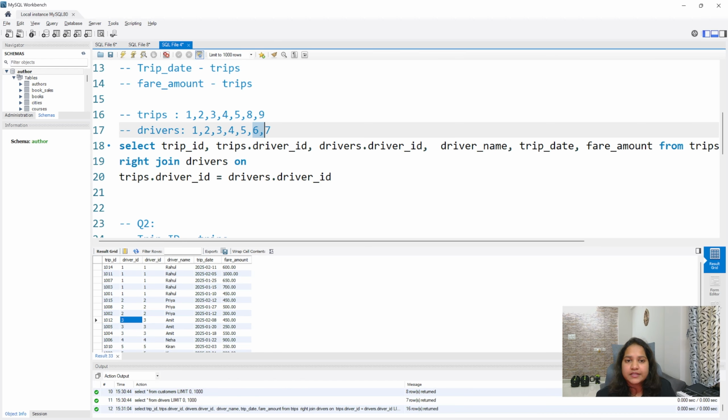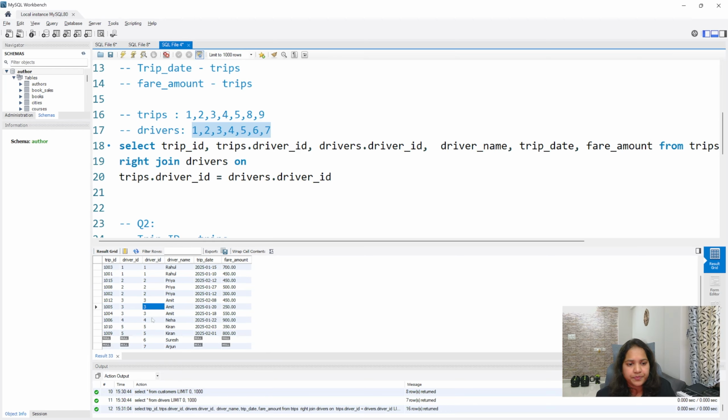Why are we considering 6 and 7? Because your right table is the drivers table, which means this will become your main table. So in the main table, all the records will come first: 1, 2, 3, 4, 5, 6, 7, which means all the details from the main table, which is the drivers table, are coming.